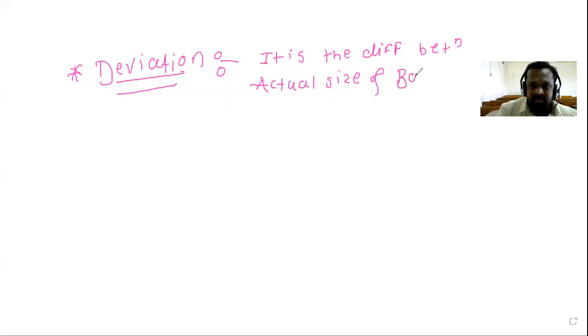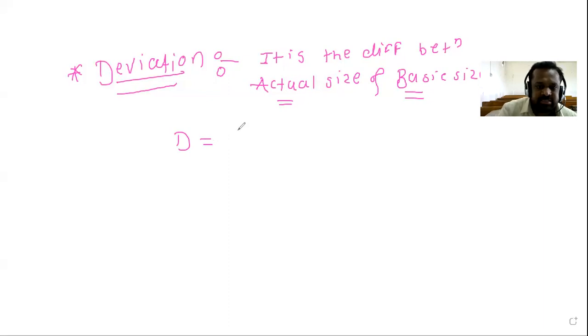Please write down this definition. It is the difference between actual size and basic size. It is called as the deviation. Okay, so I will write here once again the formula. The deviation D is the difference between actual size